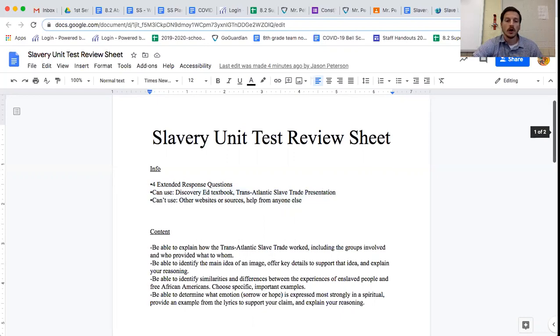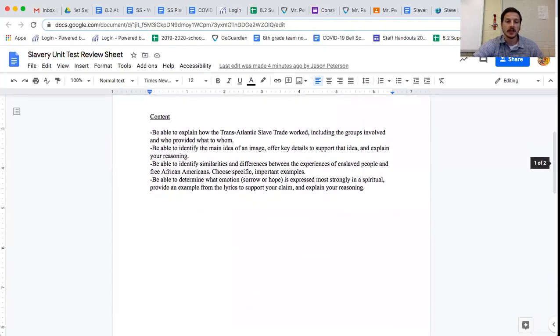Okay, what is going to be on the test? These are the 4 topics. So I'm giving you a preview. So if you want to review ahead of time, it's not a bad idea. One of them is going to be about the transatlantic slave trade. One of them is going to be using an image, finding a main idea, giving evidence, and offering reasoning. Another one is going to be exploring the important similarities and differences between the lives of enslaved people and free African Americans,